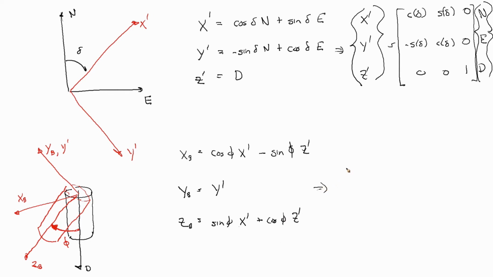So that in matrix form is xb, yb, zb times cosine phi, 0,